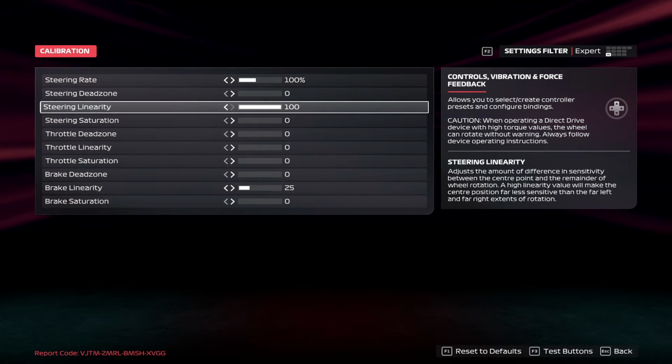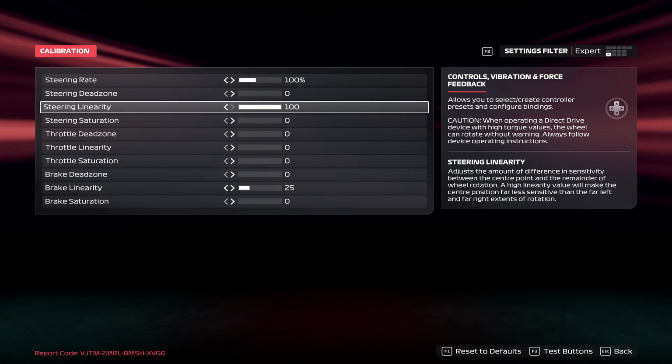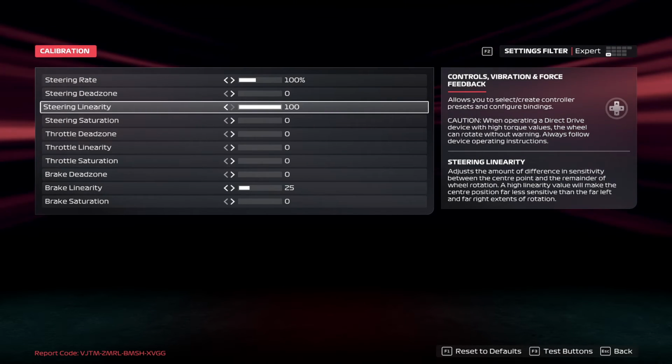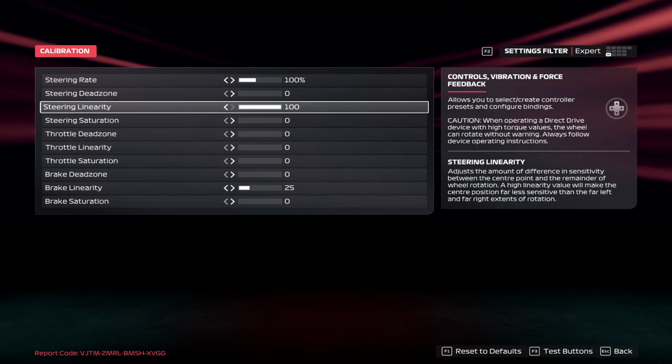Adjust the amount of difference in the sensitivity between a center point and the remainder of wheel rotation. High linearity value will make the center point far less sensitive than the far left and far right extents of